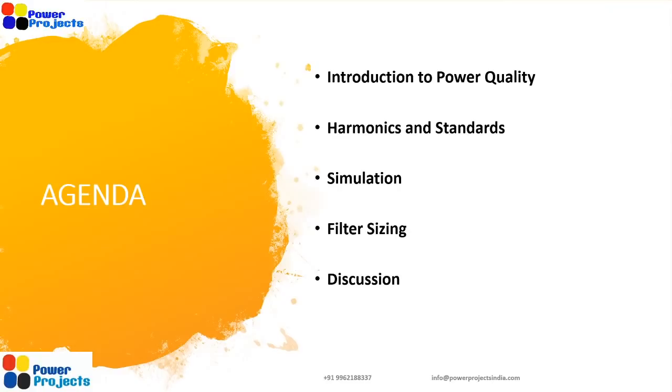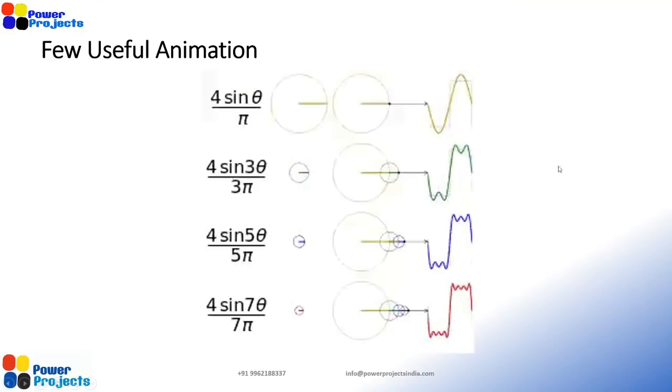In harmonics, when the harmonics exceed the limit, with respect to the standard we are going to talk in detail only about IEEE 519. And with that, if the harmonic exceeds, how to size a filter. That too, only the passive filter. You may be aware there are active filters and passive filters. We are going to discuss only the passive filter, and in that, the single tuned filter, aiming at only one particular frequency to suppress that particular harmonic. So let's quickly play this.